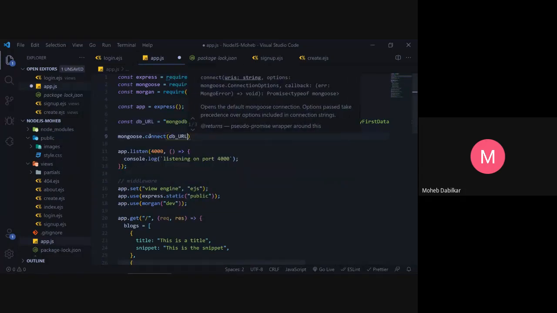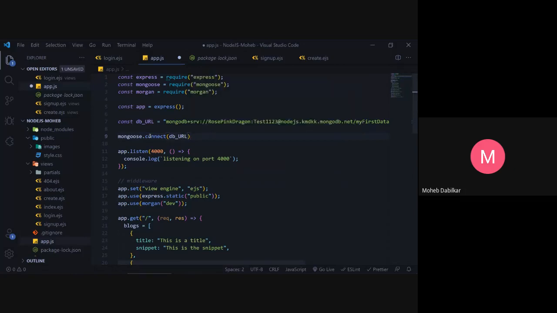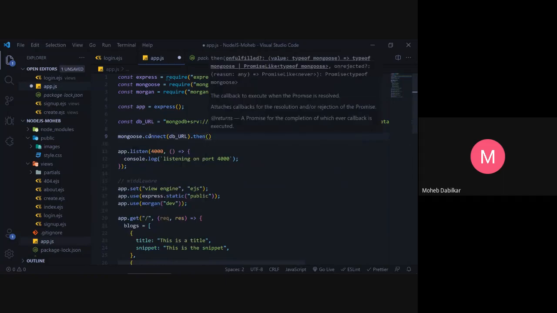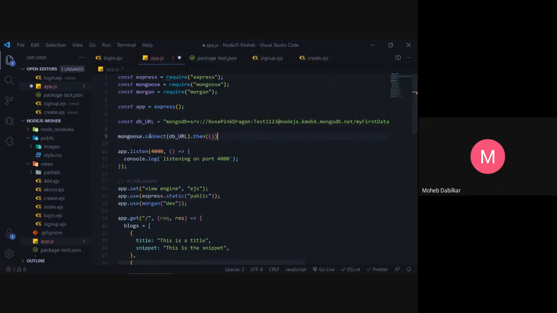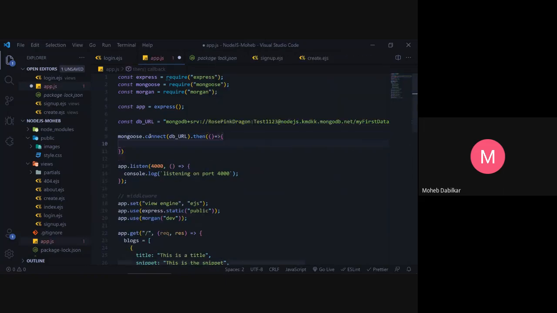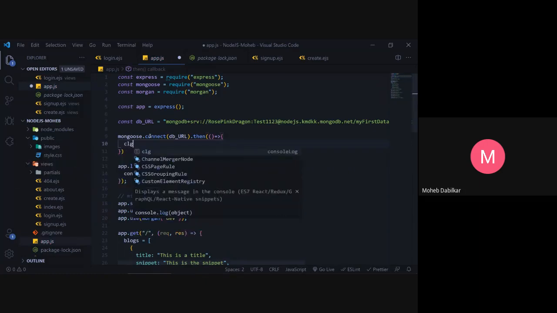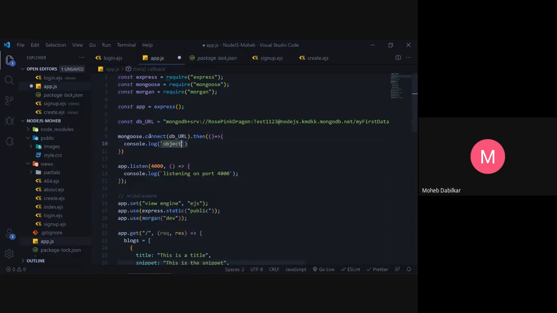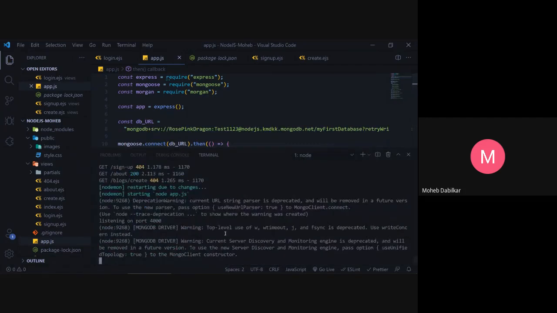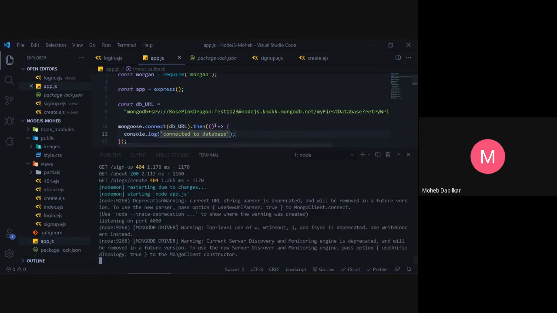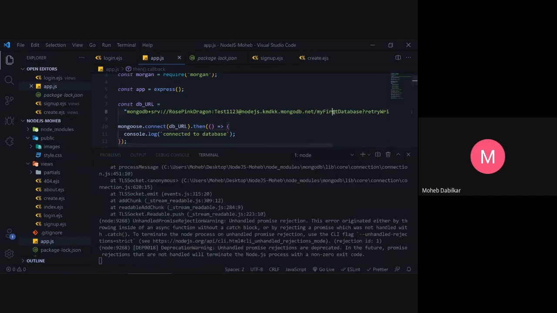Okay, and then you can say dot then, which will take us somewhere, and then we can just say console.log connected to database. Okay, now we are actually connected to our database, and we have our my first database.